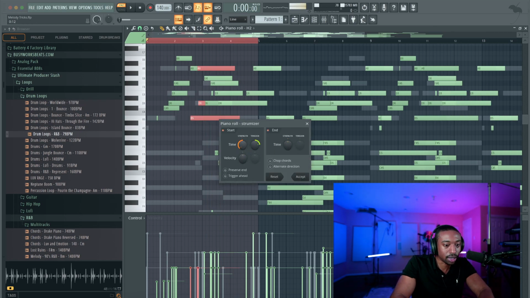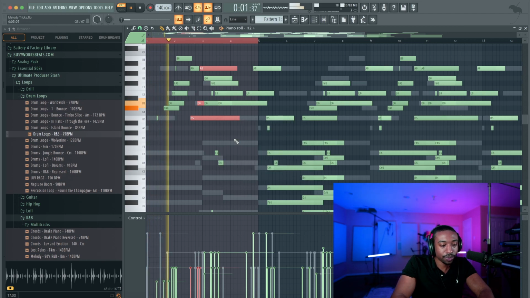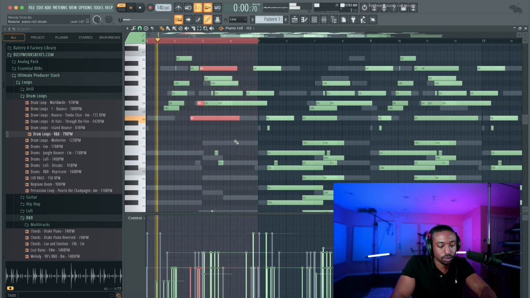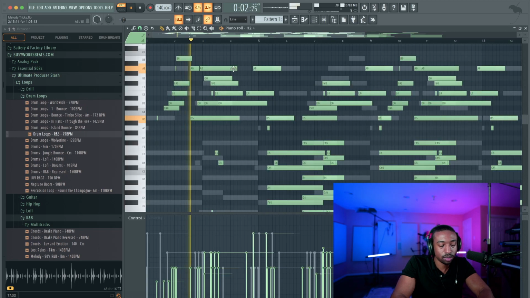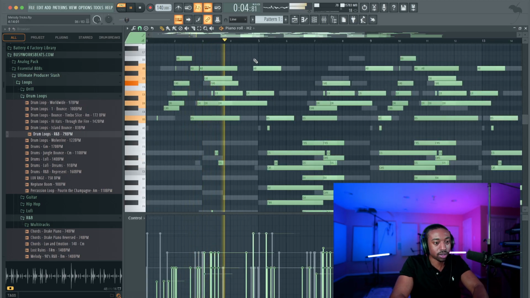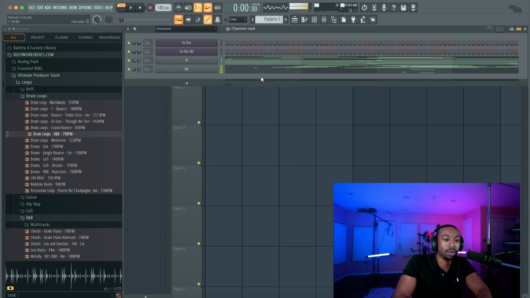So we can hit Alt S and then strum it out. So that just shows how it works on any MIDI. I just use this on a random MIDI. Again, the only thing I would avoid is just overlapping chords. That's the only thing because chord progressions work in a very specific way.